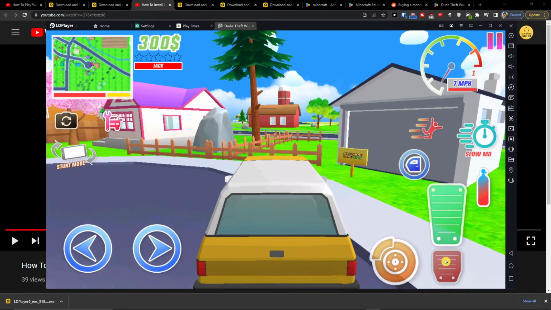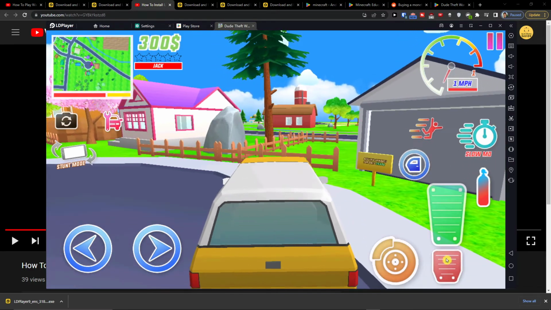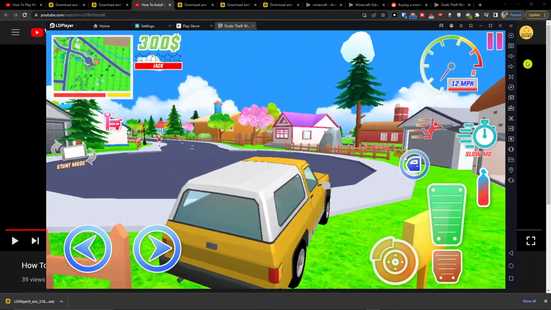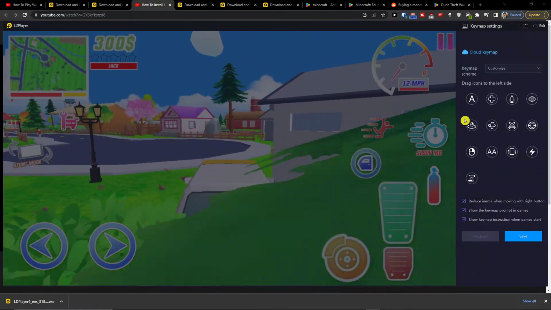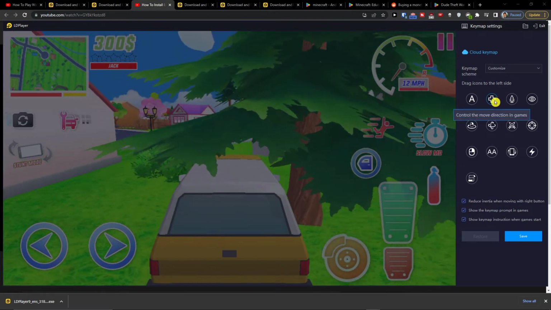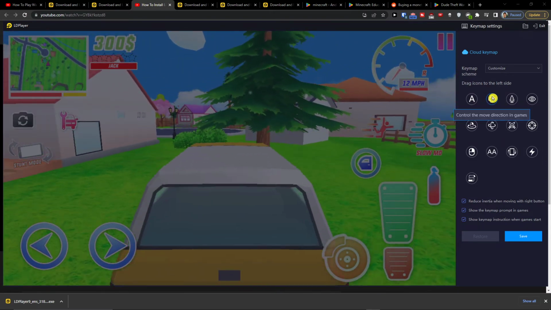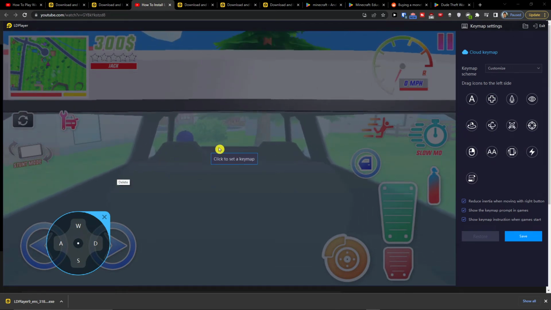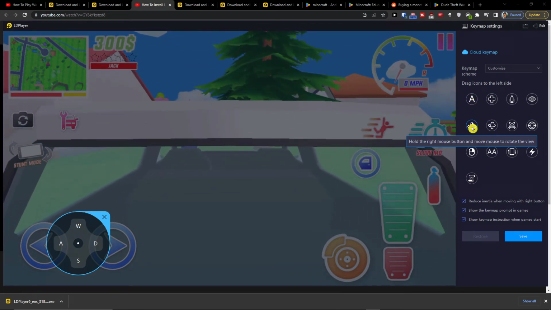And what you need to do is set it up on your right side, where you're going to find the keybinds. Then you can set up the keybinds. So control the move, okay. Then we're going to have